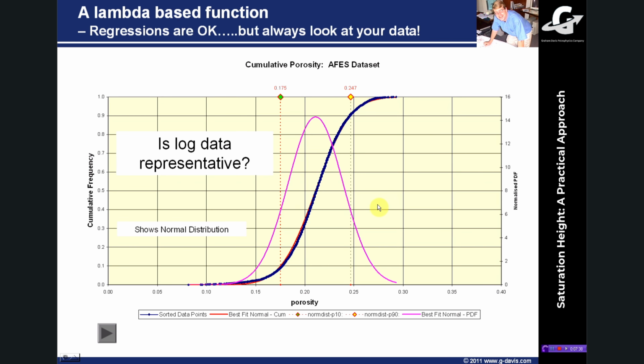One of the other things we can do is have a look at the porosity distribution in our data set. How representative is our porosity? So one of the charts on here is going to plot the cumulative porosity from the log data that we've pasted in. Here is the blue log data that we cut and paste in, and underneath it you can just about see that's a best fit normal distribution. So I've used the Excel function to put a normal distribution on there, and you can see from the overlay that this particular data set is very normally distributed. So you might draw some comfort from that if you believe that sort of thing, that this is a normal set of porosity with a normal distribution, so it's fairly representative.